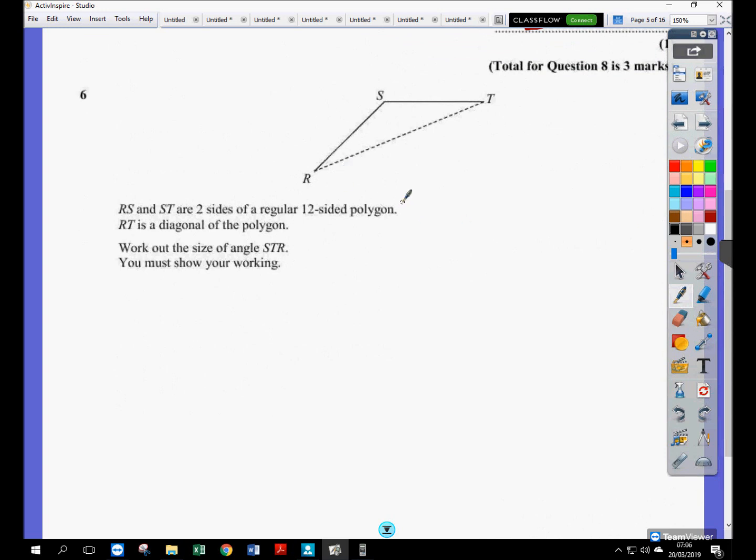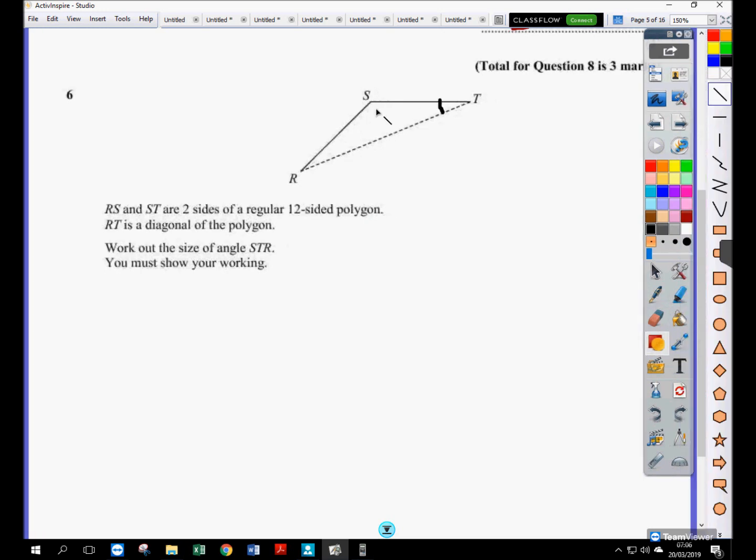So we have a 12-sided polygon here. Work out the size of angle STR. There's quite a few ways of dealing with this question. Here's one way. If you were to continue one side of the shape, so if we continue the line ST,